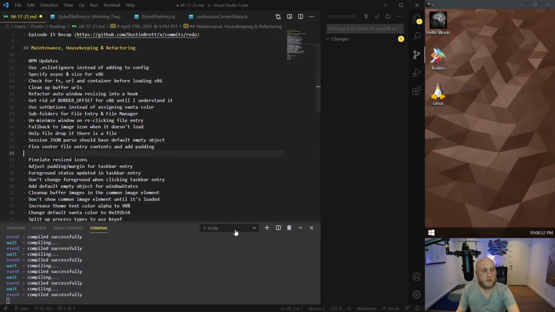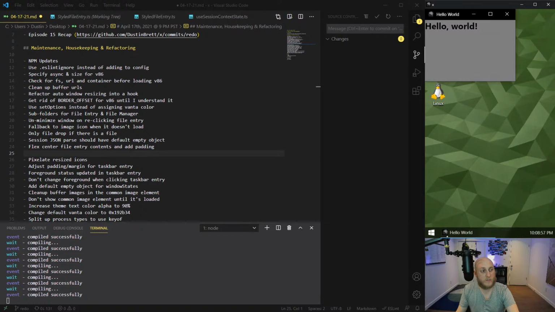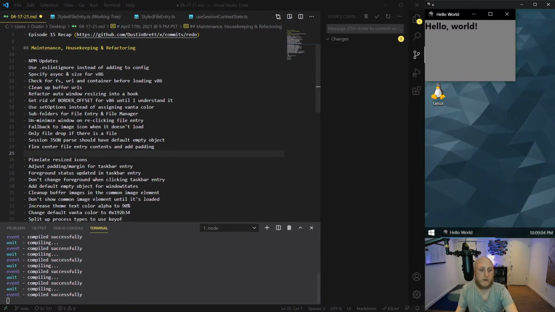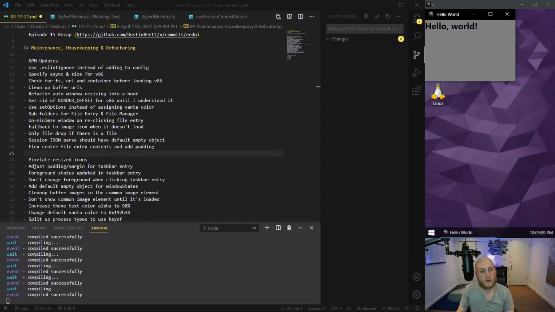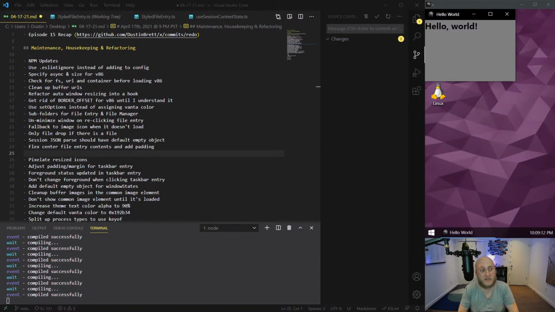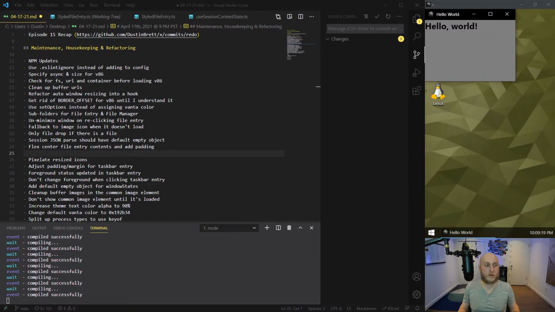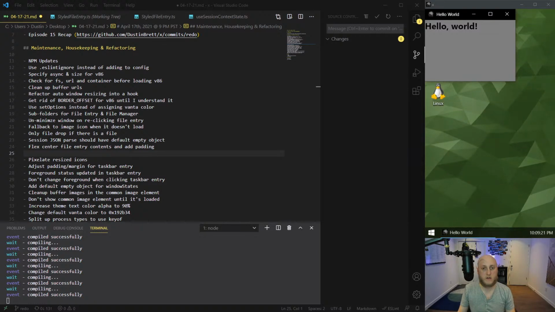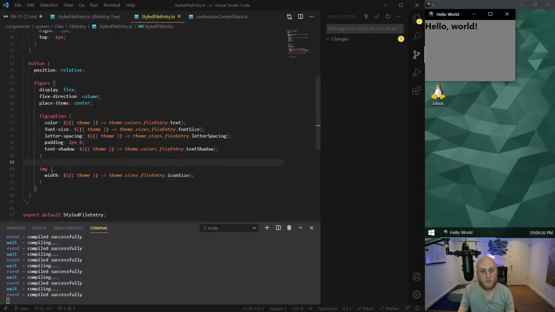Pixelate resized icons. This is a neat one that I noticed that I was able to fix. If you open this here, you see the little entry here. It's pretty hard to see on the stream, but basically that is being blurred a little bit in Chrome, and we don't need that. And I noticed in Windows it doesn't do that. The reason it's doing that is because I don't have a 16 by 16 icon. I'm taking the 48 by 48 one and resizing it, but I don't want Chrome or any browser to try to do anything fancy with it. So all I'm going to do, it's really simple actually, is just in the image here,